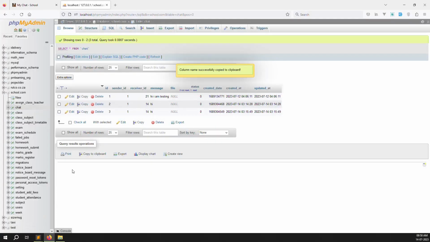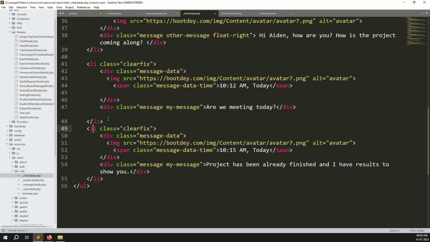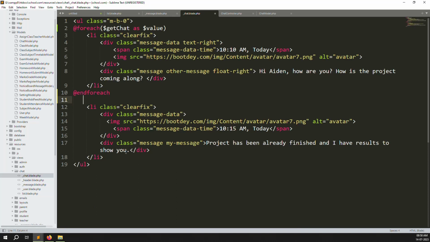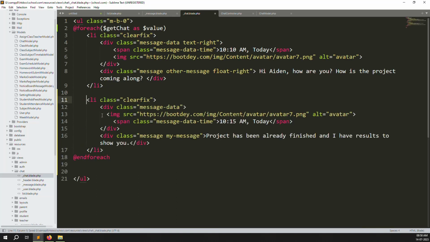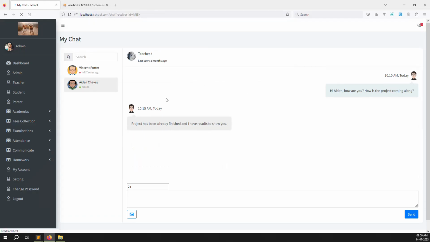So let's check and just go back again. So the last one, project has been successfully added. So this is also needed. Let's remove the other part we don't need, and we just copy and put it here. Okay, so everything is good now. Let's go back again and we can check whether it's working or not. So let's go back now, refresh the page. So you can see it's working, only showing the two data here, 1 and 2, because we have not